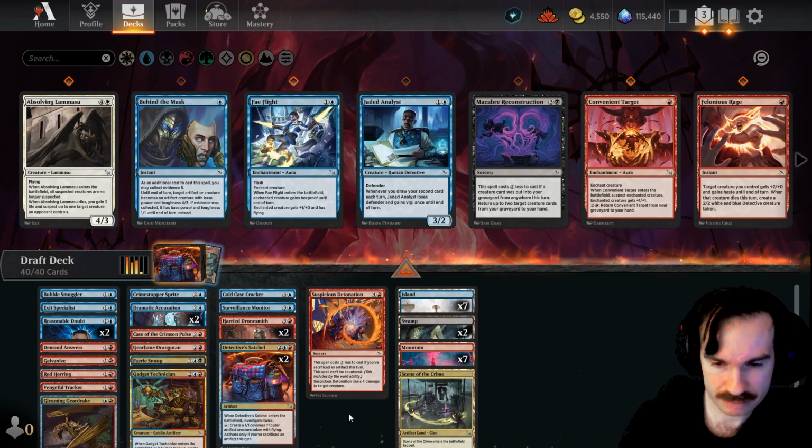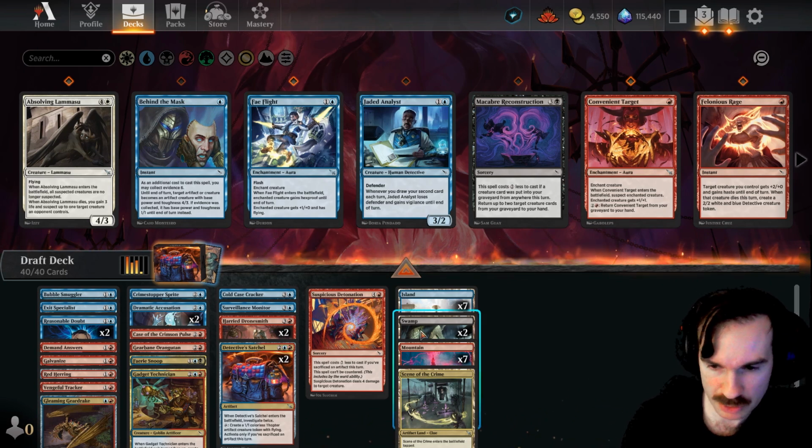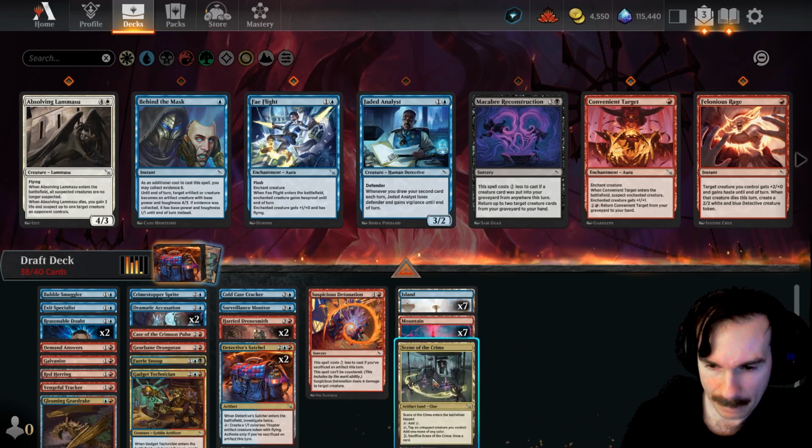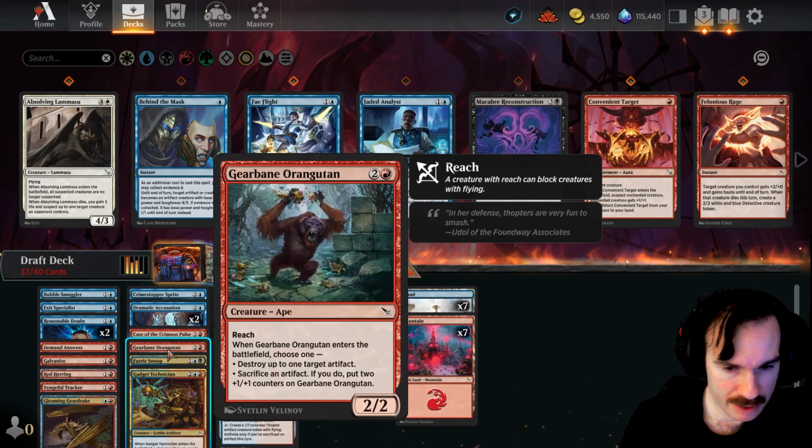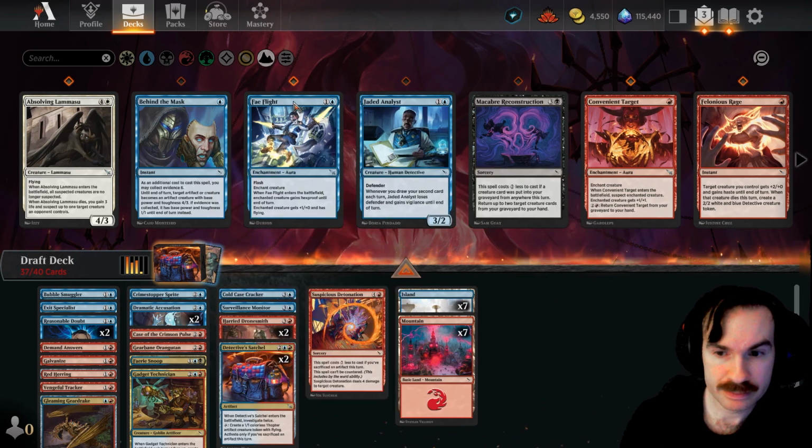Sacking a Clue to up them to a 4/4 is not bad either. And sometimes, who knows, maybe you blow up. Sometimes you get to blow up artifacts too. So let's